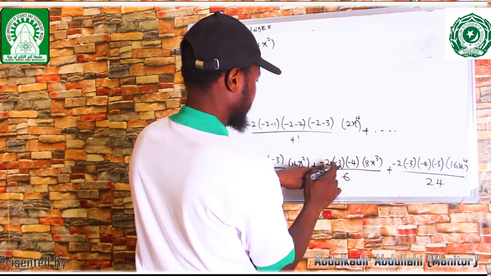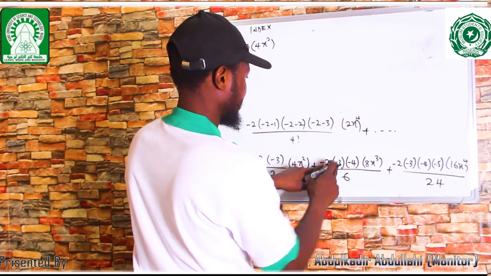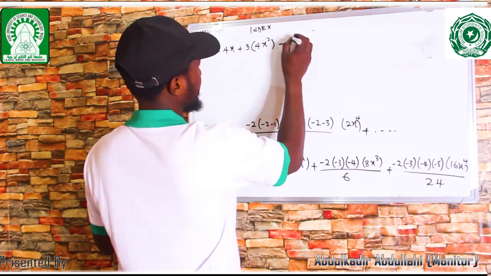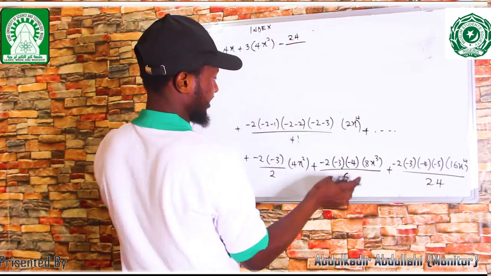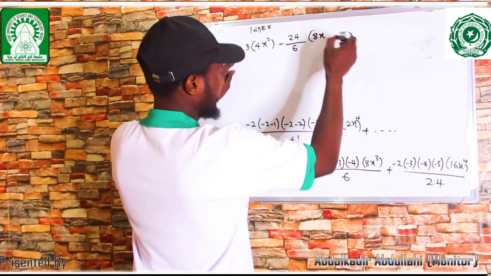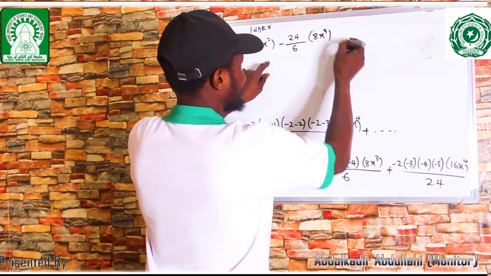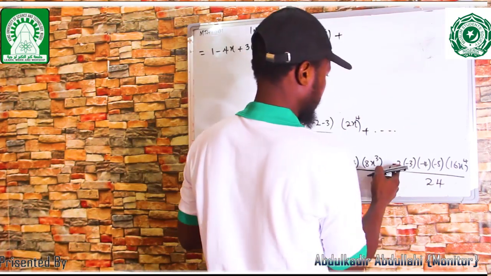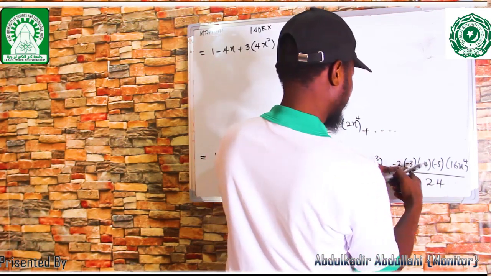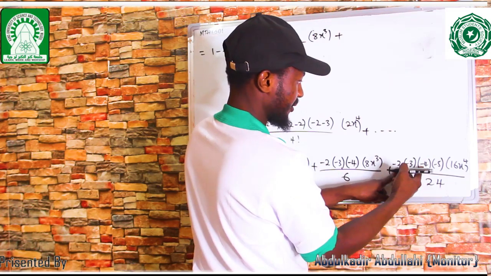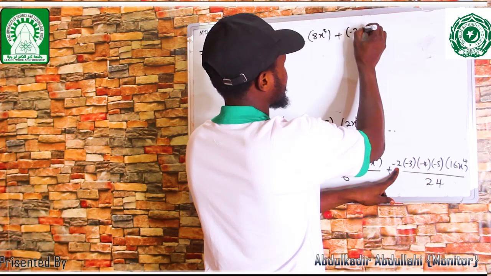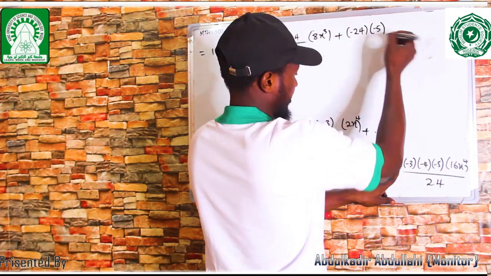We're going to have, this is minus 6. 6 times this, minus 24. So we're going to have minus 24 divided by 6 multiplied by 8x power 3, then plus minus 2, minus 6, positive 6, minus 24, minus 24 times negative 5,